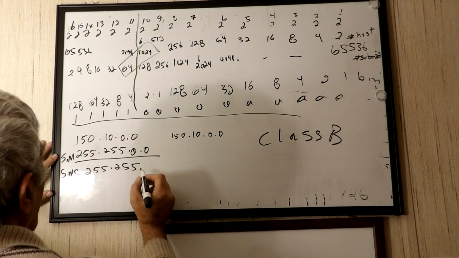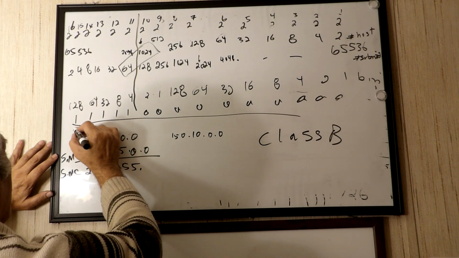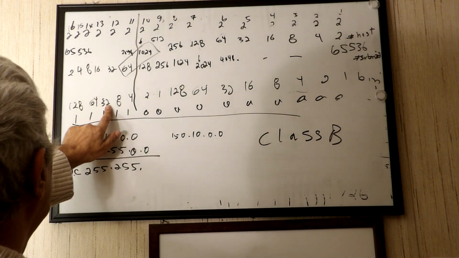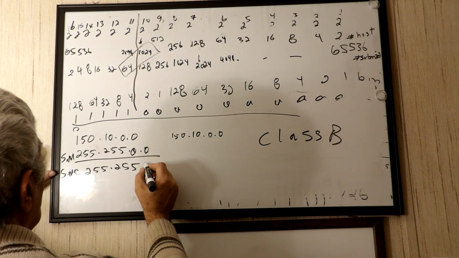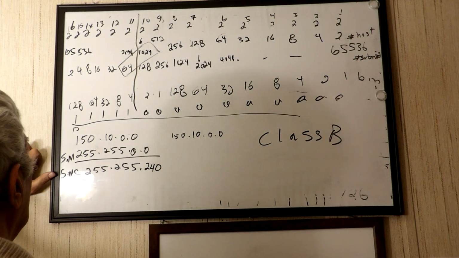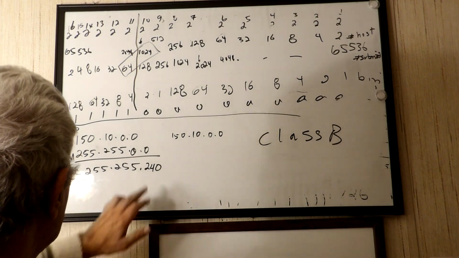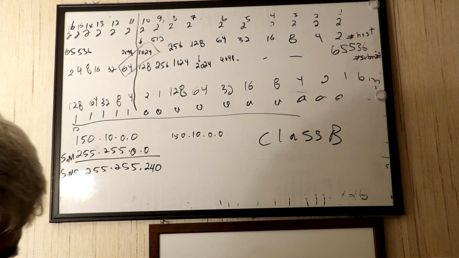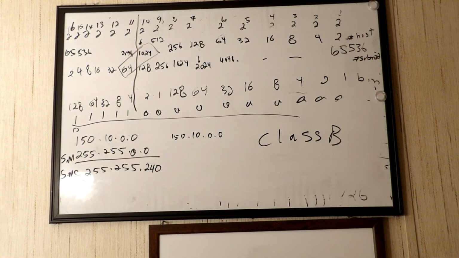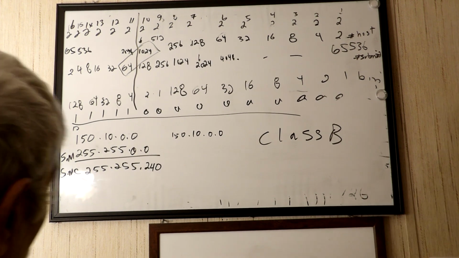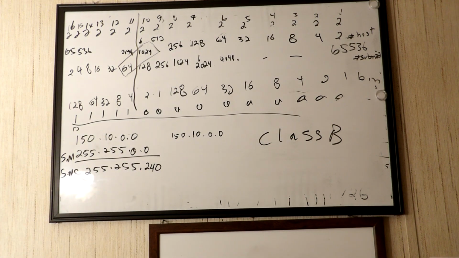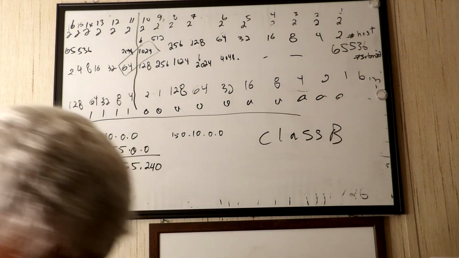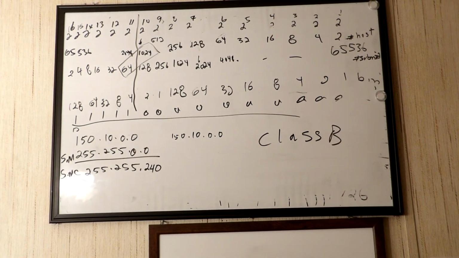It's going to be 128, 192, 224, 240, right? The new subnet is going to be 240. So you've got to use class B too. Sometimes if you need more and more hosts and less subnets, you can use class A and